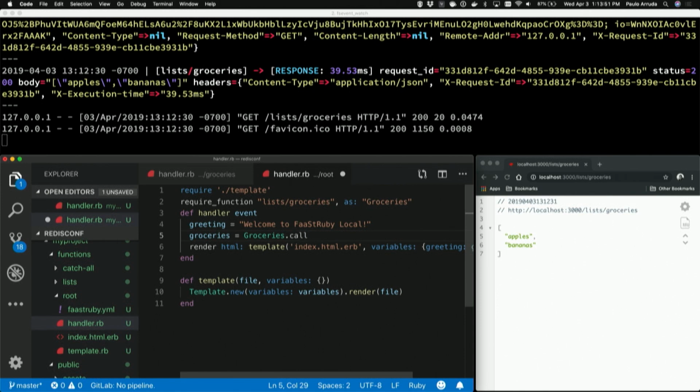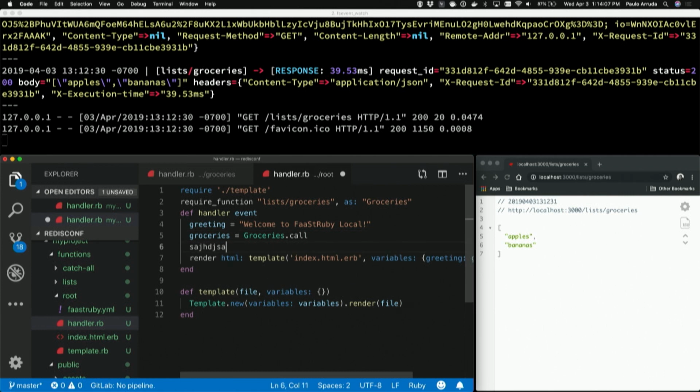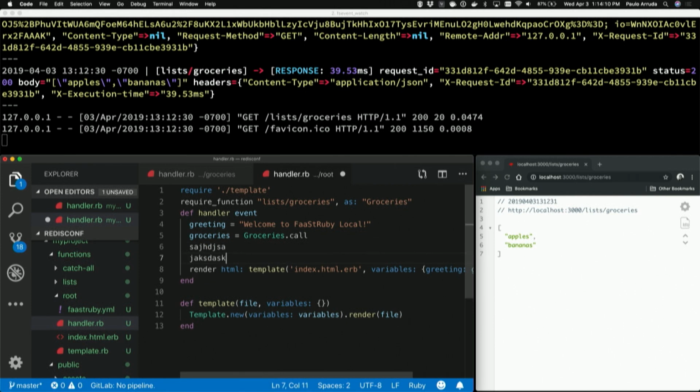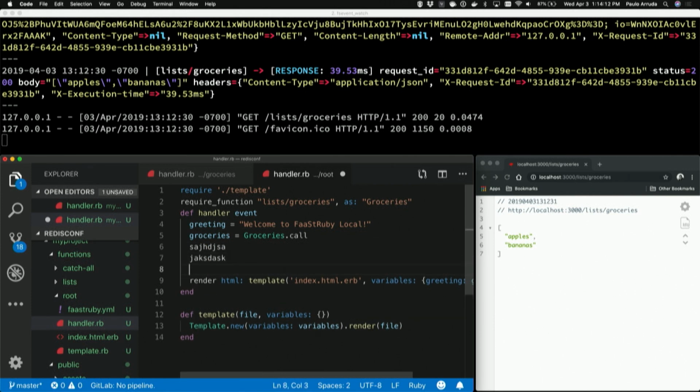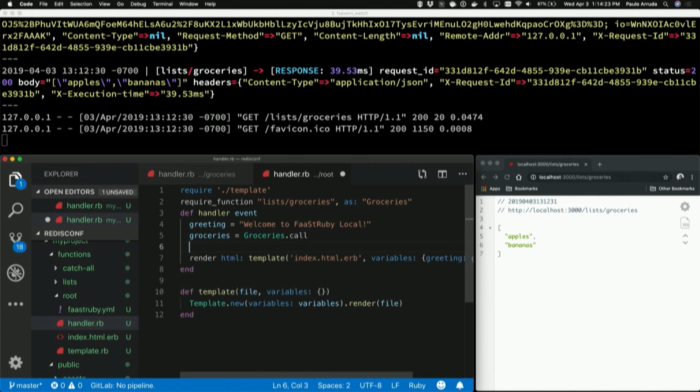And why is it async? There's this concept called tail latency: every time there are network calls, it adds more latency to your response. So when you have to do those, what you want to do is make your calls as early as possible in your function, and then you can do other stuff while waiting for the response. Only when you call the variable groceries.value, or groceries itself if you are doing a puts or something, will the execution block and wait for the result, if the result is not already there.